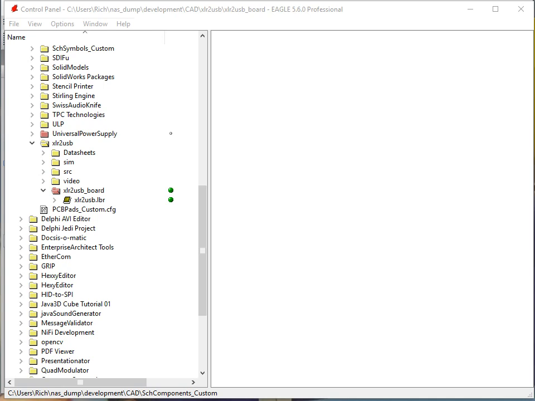Okay, in this section we'll start talking about building our very first set of library components for the USB to XLR converter. We've already seen in Eagle that we created our very first library right here, and now we'll begin to add parts to it. We're going to use the same basic set of operations for each part that we make,